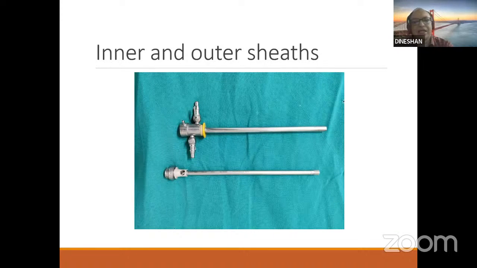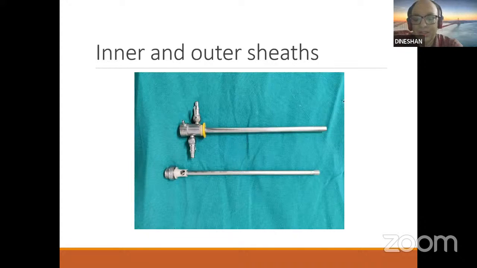And while assembling this resectoscope and while doing the procedure, always make sure that the outflow is proper. See that the outflow channel is open and it is flowing continuously. If it is not, you stop the procedure, remove the scope, remove the sheath, and verify that there is no clot in the outlet channel. Flush it, and always see the tip of the outlet sheath where you can see those small pores, small openings.